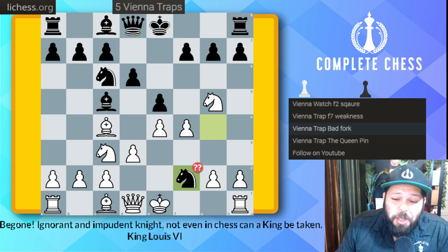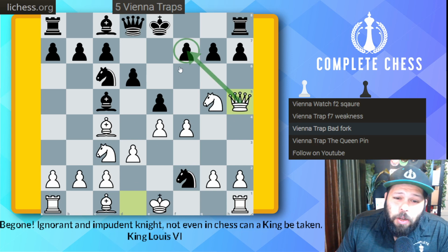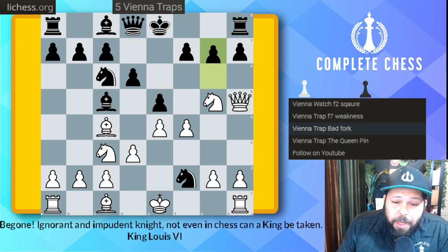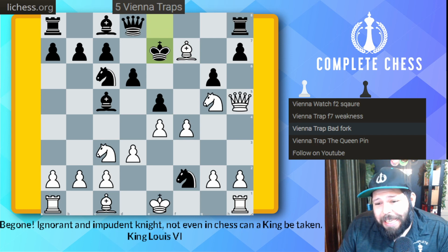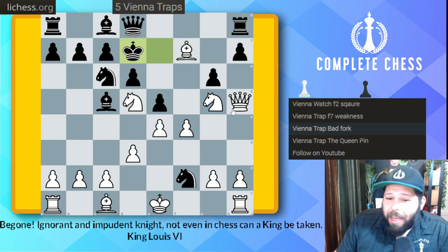And now white punishes them with queen to h5, develop with a threat, and now we threaten checkmate on f7. Of course, we can't take the rook right away, so black goes ahead and plays pawn g6, attacking the queen, and here white punishes them thusly. Bishop takes f7 check, king e7, knight d5 check, king over to d7, and here we'd love to play this